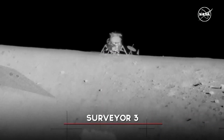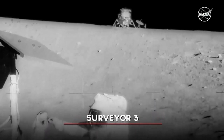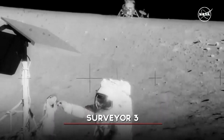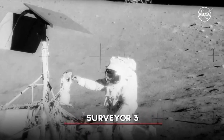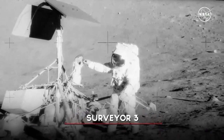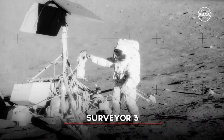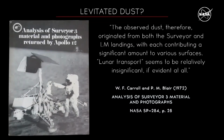When we went to the moon on Apollo 12, we landed near the Surveyor 3, which had spent 31 months on the lunar surface prior to the arrival of the Apollo 12 crew. Although there was some dust coating on parts, the patterns on the coating indicated that the dust was blown onto the Surveyor either by the lunar module landing or by the engines of the Surveyor itself. Again, there was no evidence of dust having settled on the spacecraft from any other source other than the engine exhaust. In fact, there was even a study published where a research team looked at the Surveyor parts brought back to the Earth, and they saw no evidence that dust was on these parts except by blown on by the